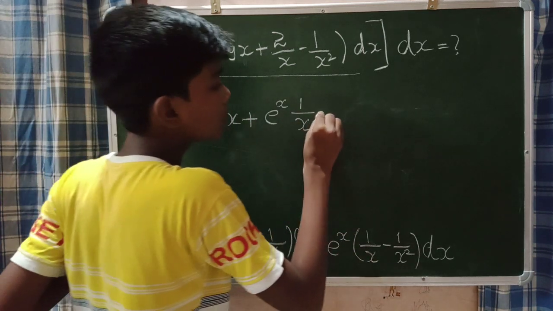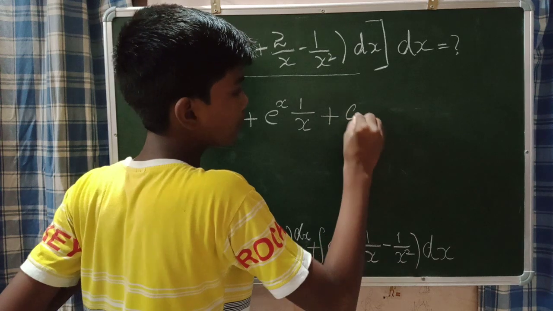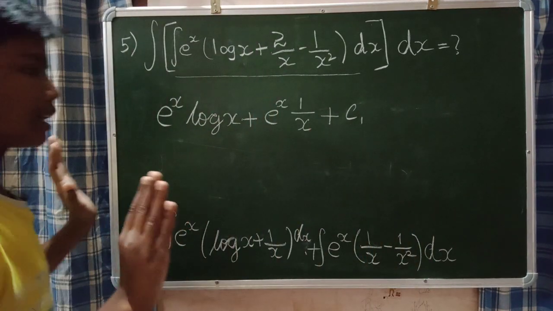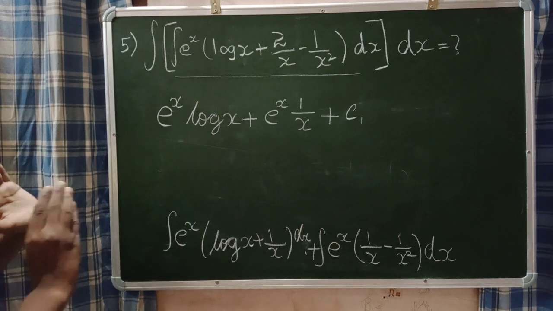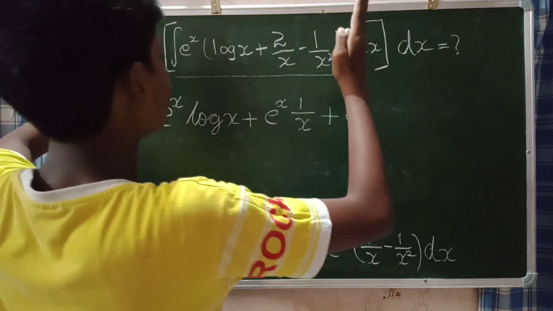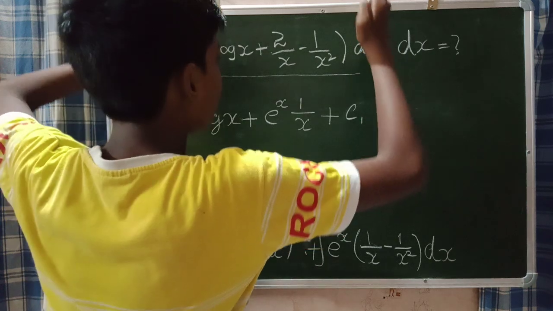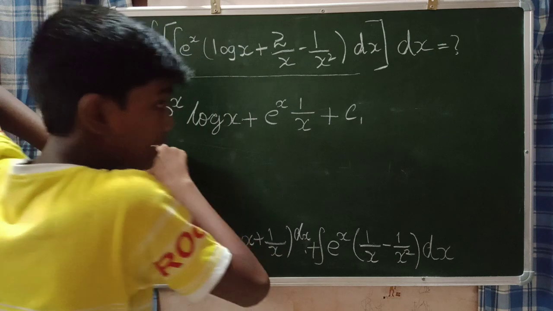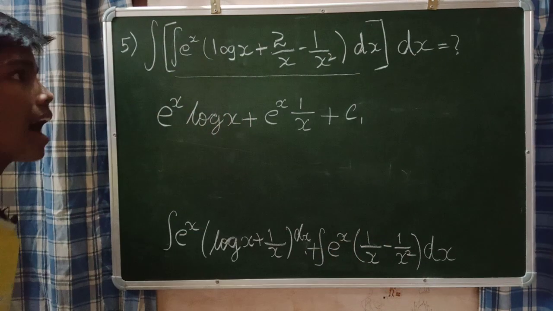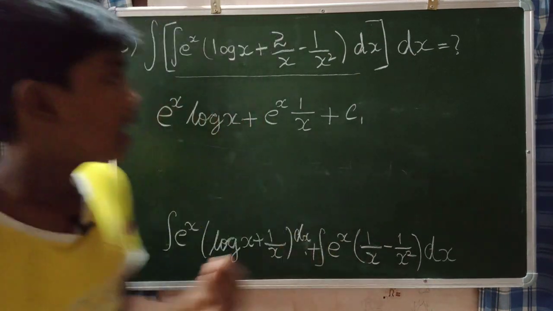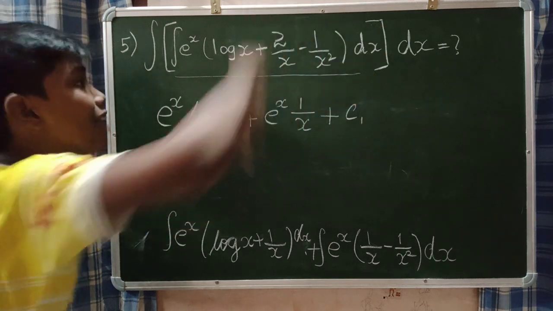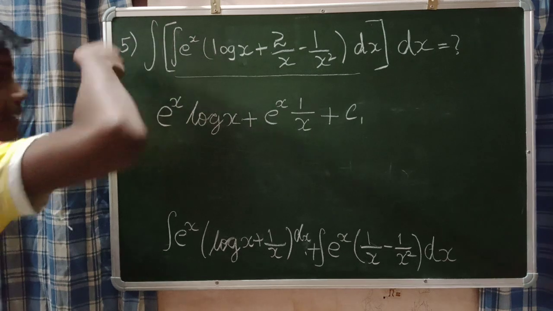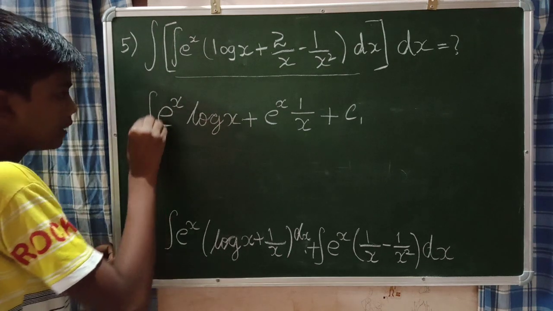Now I will add the constant C1. I am adding constant C1. Okay guys, now I added the constant C1. This is what you get when you integrate the inside value. When you integrate the inside value, you will be getting this value. Now, another integration is remaining. Now, we integrated this value. After that, we need to integrate this value, because they have given integration, na? So, integrate. Integration of